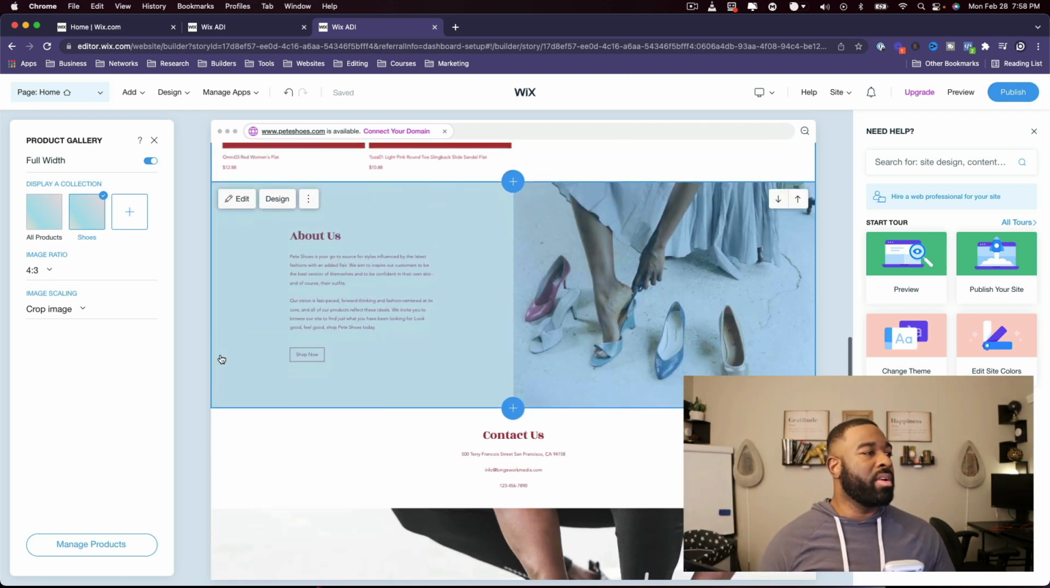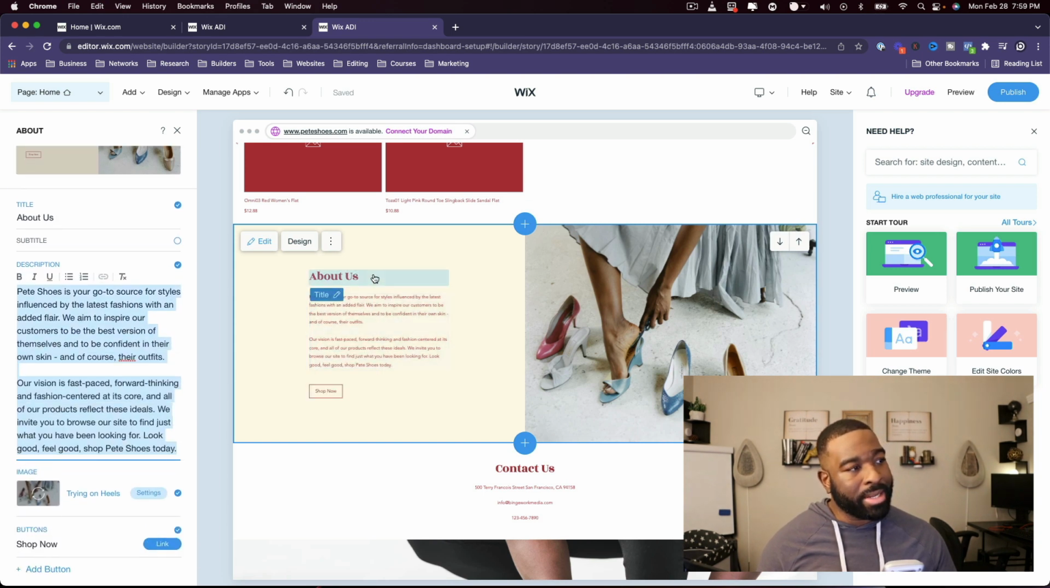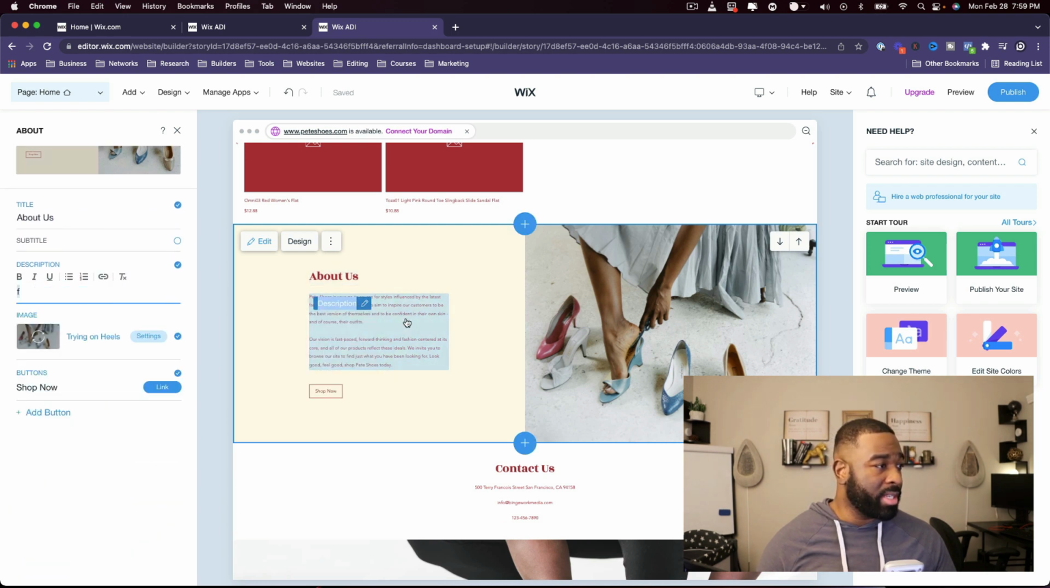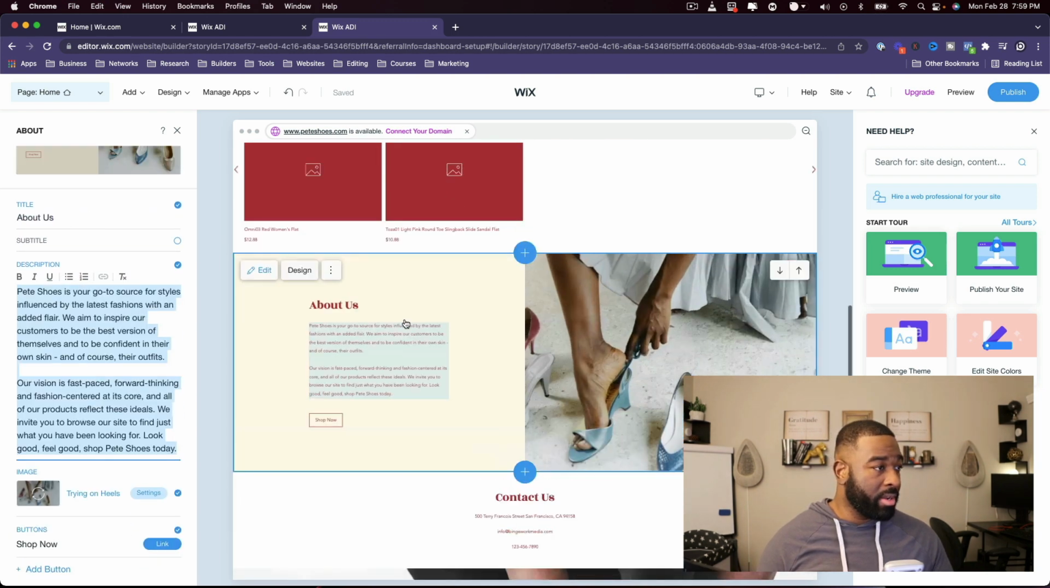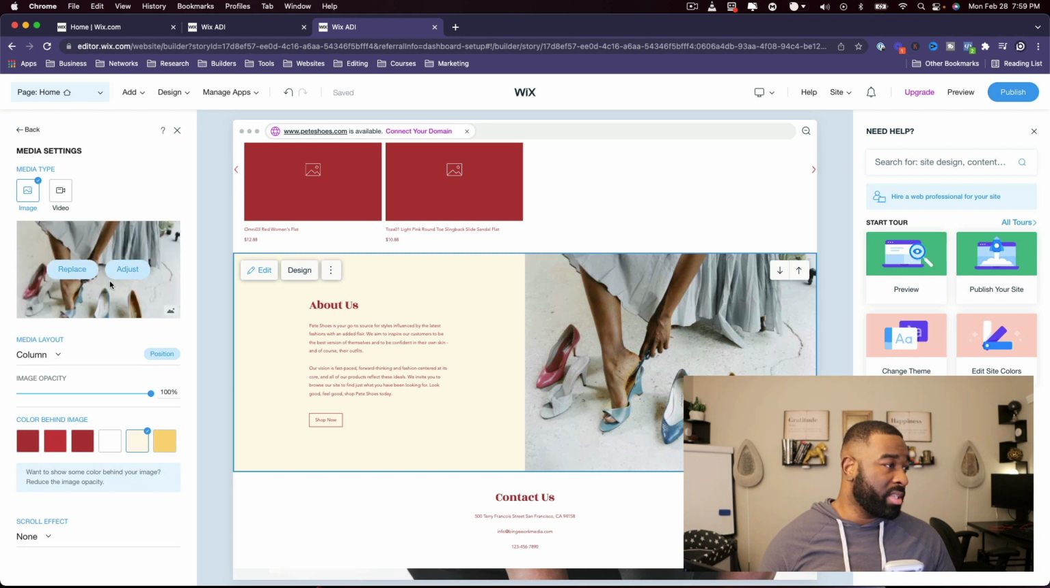Okay, so let's go ahead and scroll down to the About Us section here. All right, so we got the About Us section. All you do is just literally click in there, and you can come over here to the right, and you can change anything. Unfortunately, you can't change anything from this section here. All right, and then this over here, you can change the colors. You can replace the image. Okay,